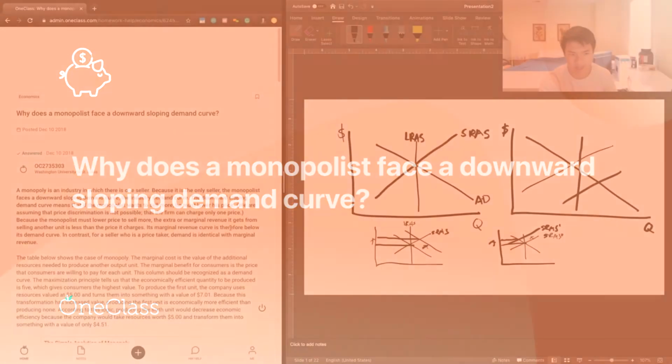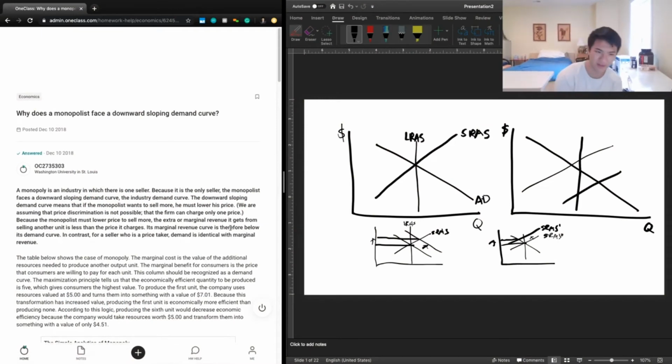Why does a monopolist face a downward sloping demand curve? It looks like the other tutor put a lot of thought into his answer choice, but